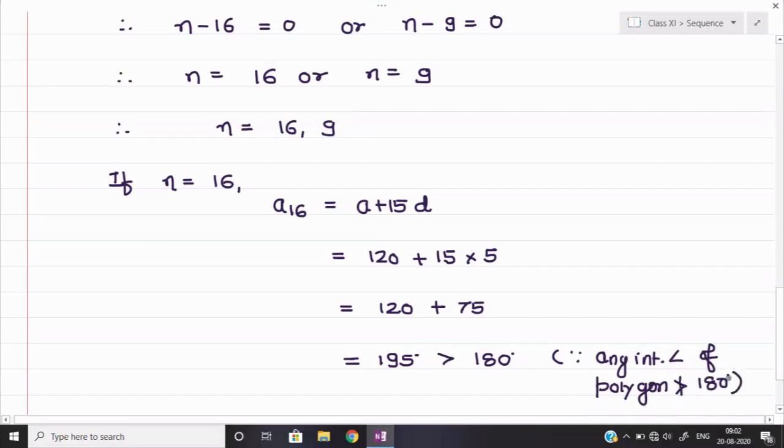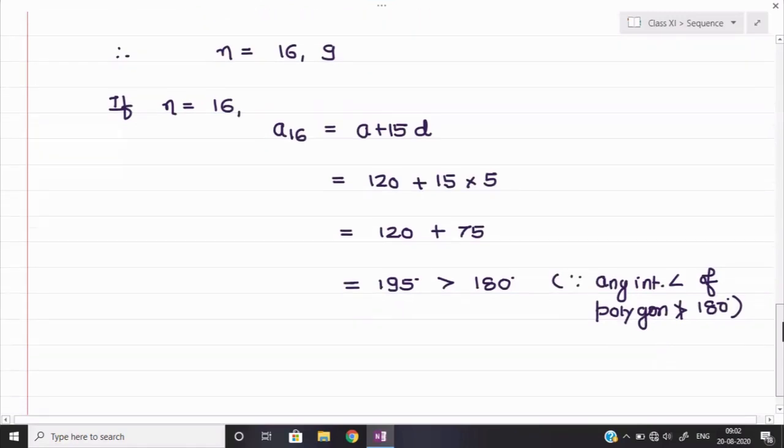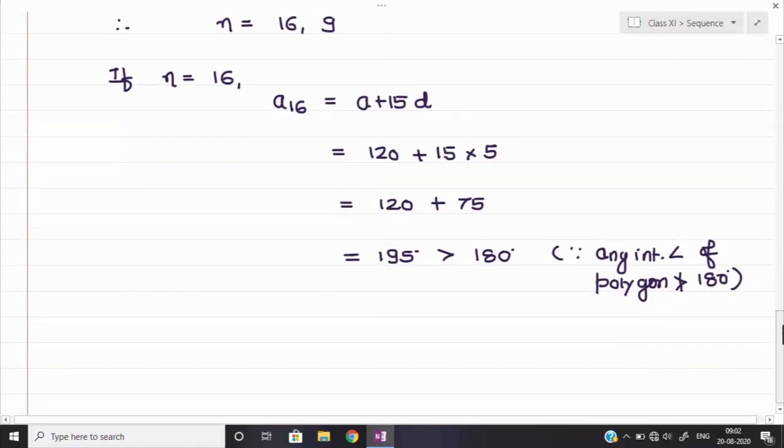Since it is an interior angle, it cannot be more than 180 degrees. If it is an exterior angle, it can be more than 180 degrees; sometimes it may be possible, but we cannot say that an interior angle can be more than 180 degrees. So here we can conclude that the value of n cannot be equal to 16. Hence we can say that